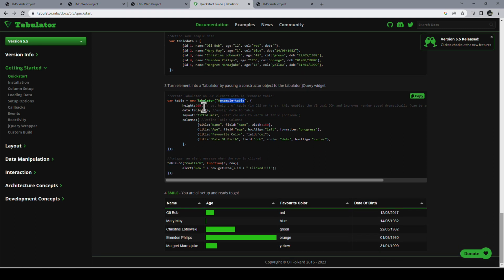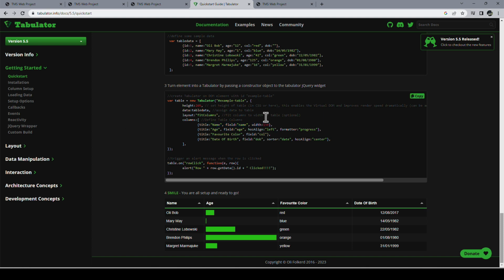And then you can add a height, or you can basically specify all the parameters for the grid, how it's supposed to be rendered. And in this case, I just specify data, and I need the columns. And the columns have a very easy definition. You can basically define a title, a field, a width, or if you don't specify a width, it's auto. And how do you know what you can put into these definitions? Well, you find that in the column setup in the documentation. There you find all the different means to influence the appearance of your column.